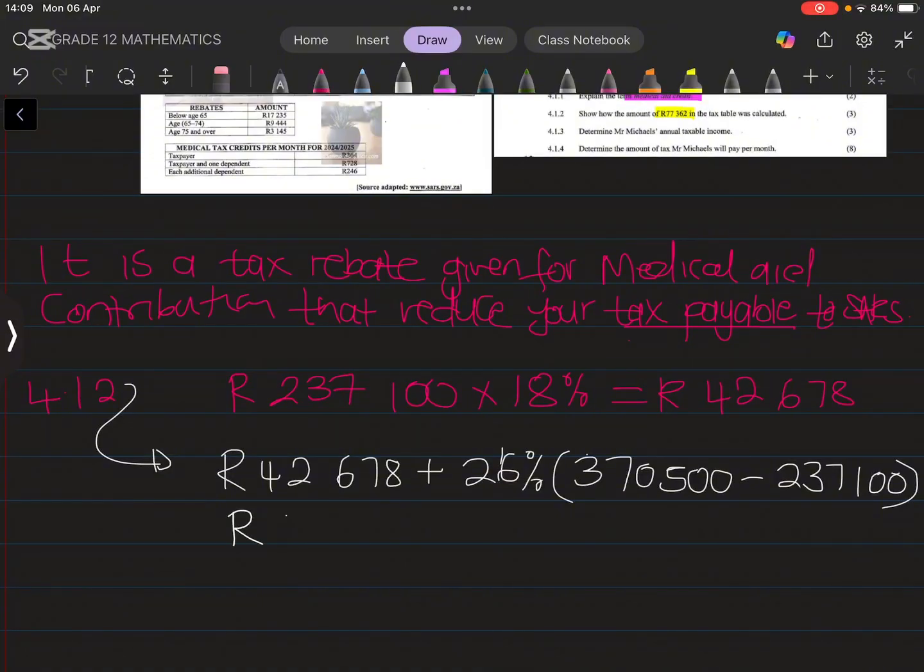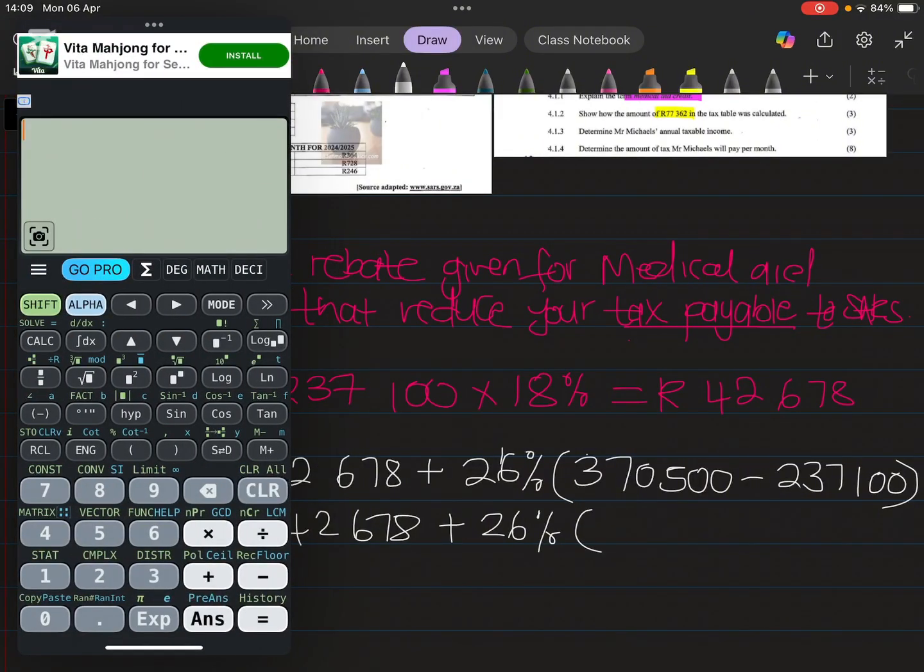Then you close your bracket. Okay, so now we still have 42,678 plus 26%. Then you open your bracket again. Then you work that on your calculator. Let's see what we're going to get. Then you have 370,500 subtract 237,100. Then that gives us an amount of money in rands,